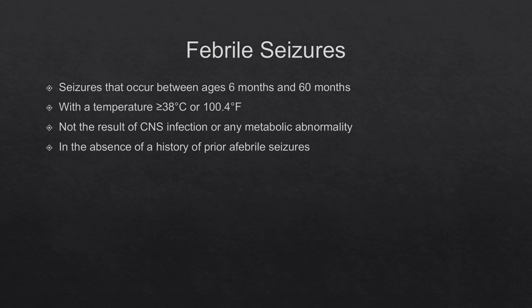Second thing, for the seizure to be called febrile, it must be associated with fever. That means the temperature must be at least 38 degrees Celsius. Third thing, it must not be resulting from any abnormality of the brain which affects the excitability. For example, a meningitis will increase the excitability of the brain. An electrolyte abnormality will increase the excitability of the brain. So the seizure must not result from any other cause which affects the excitability of the brain. That means basically what we are saying is the seizure is resulting from the fever and not any other cause. So it is kind of like a diagnosis of exclusion.